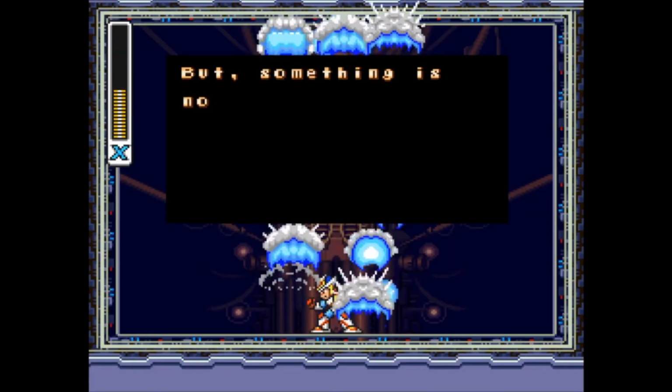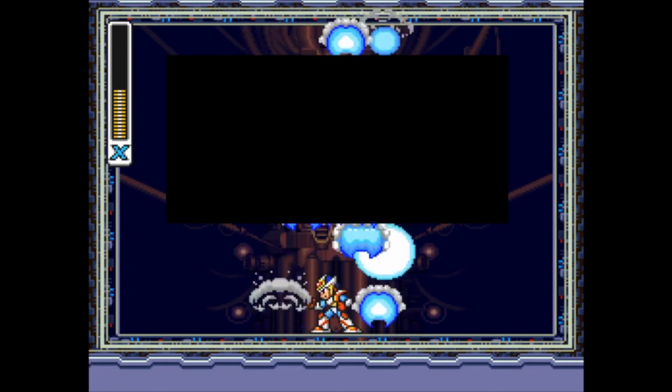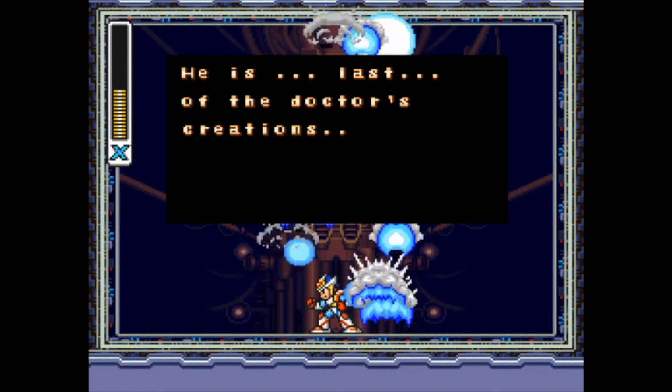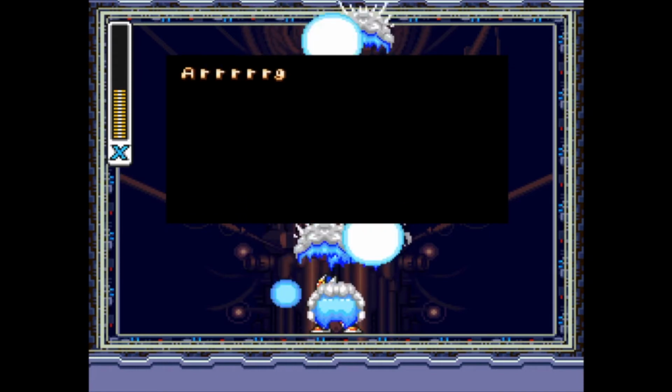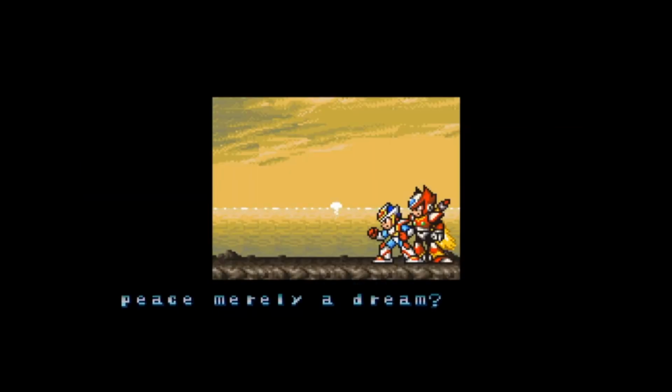Upon being defeated, Sigma wonders why Zero did not destroy X. He mentions that Zero was, quote, the last of the Doctor's creations, unquote, thus raising an unanswered question concerning Zero's origins and creator. X escapes the fortress as it crumbles to ruin and stands with Zero and reflects on the events